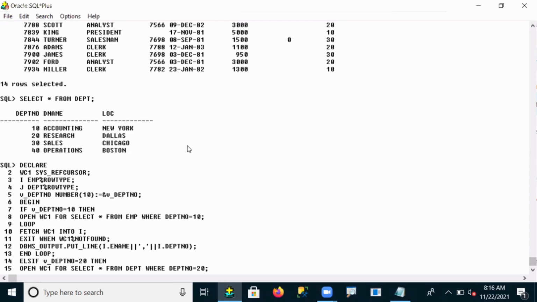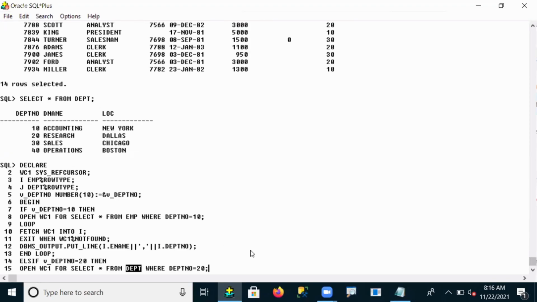Okay, right. So here what happened? When my condition is the second condition, department number 20, then I am fetching the data from the second table. So here EMP is one table and here DEPT is one more table. That means with the help of weak ref cursor, we are fetching the data from multiple tables. Yes or no? Any table, whatever, multiple table conditions.